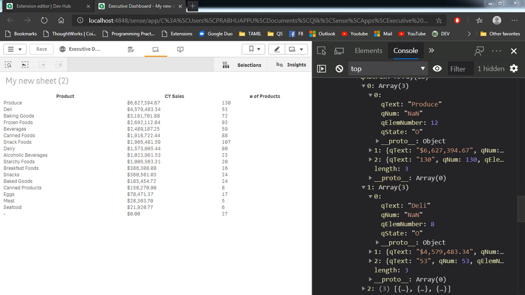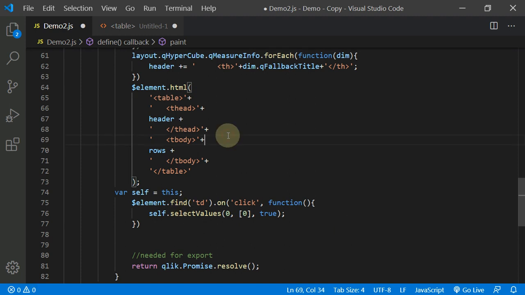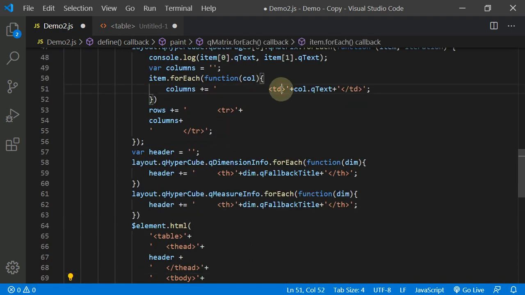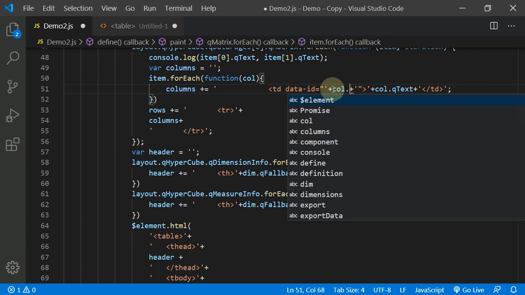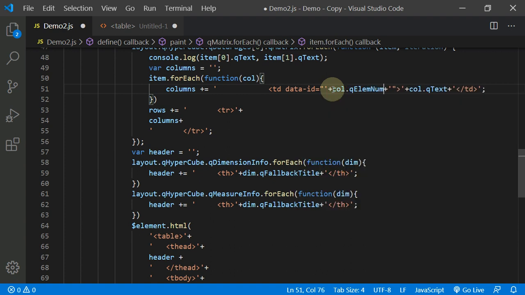So to get this value within the click function, we need to add an attribute in the TD tag. So let's add that attribute data-id equal to, within double quotes, we need to concatenate dot Q element number.